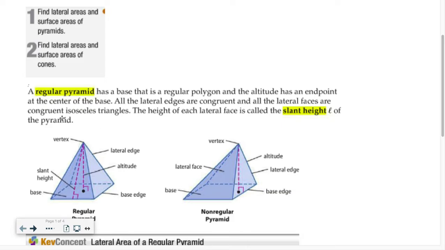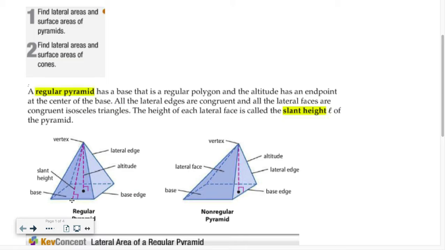The altitude has an end point at the center of the base, so the altitude goes from the center all the way up to the point that we call the vertex. Okay, so that goes through the pyramid here, and then we also have a measure called slant height, which we use L to represent. And slant height comes from